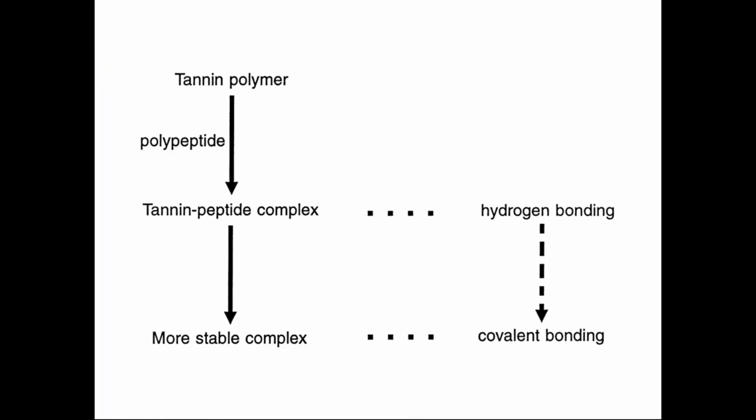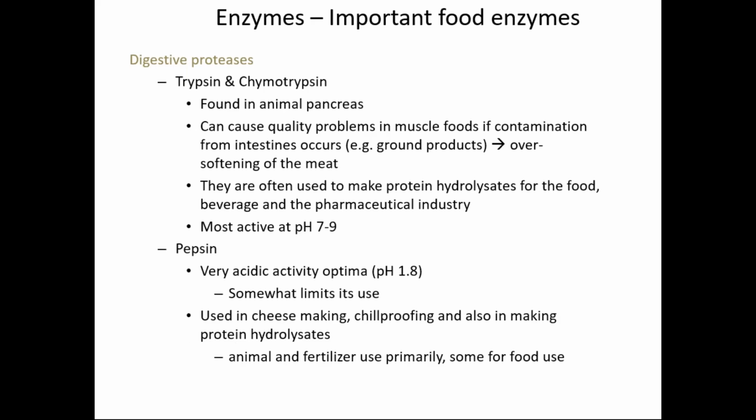Papain is also used to break down the tannin peptide complexes in certain juices, because it can break the bond between the tannin and the peptide. Other important enzymes, which are also digestive enzymes, are trypsin and chymotrypsin, which are produced in the animal pancreas. They are also used to tenderize muscle foods, and they are used to make protein hydrolysates for the food and beverage industry, and they are active between pH